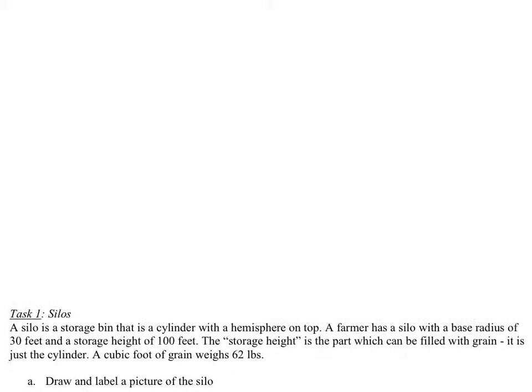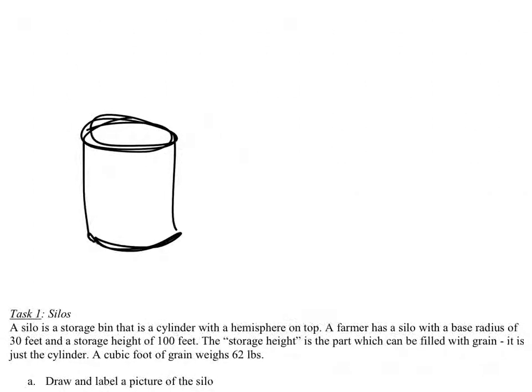All right, silos. A silo is a storage bin that is a cylinder with the hemisphere on top. Told you. So let's draw this thing up in here because drawing is just so great. All right, so the silo up in here. We're going to draw ourselves. That didn't turn out very well. There we go. All right, so we got a cylinder right here. But then,